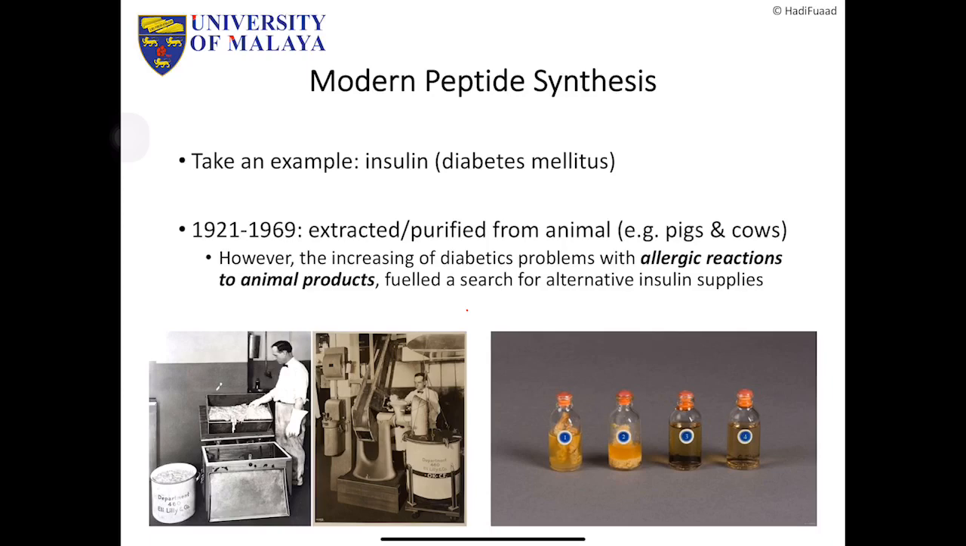So this picture on the left hand side and the right hand side is showing you the old way where they extracted insulin. Those are pig pancreas. So you extract insulin from the pancreas, and this one is the purification process to actually get this insulin. That is the purest form of insulin extract. And that one is the original. So you can see there's a lot of purification process that needs to take place before insulin can be extracted